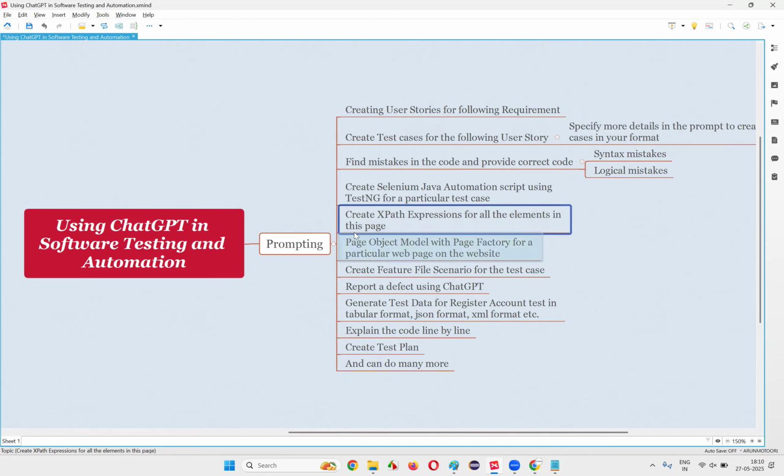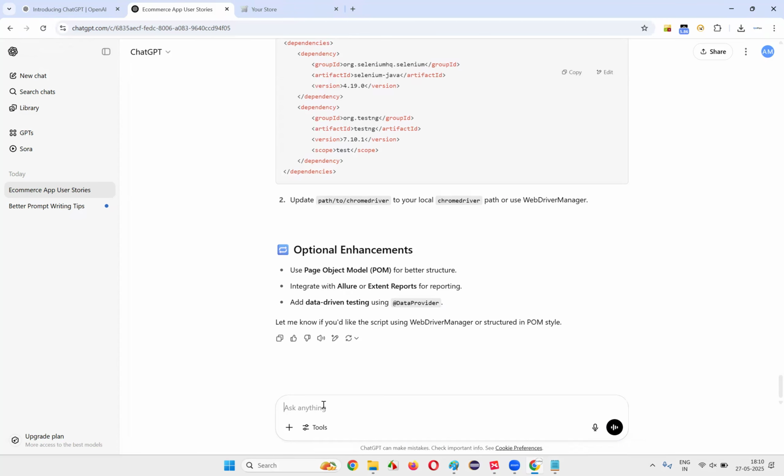Next step. Now you can ask ChatGPT to generate some locators on a particular page of a website. You can ask like this: create locators. You can write what type of locators you want. If you want a specific type, you can write create XPath expression locators, or you can simply say create locators for different